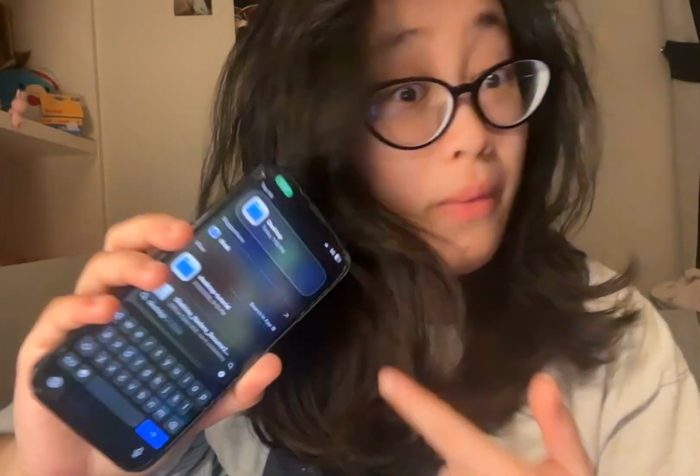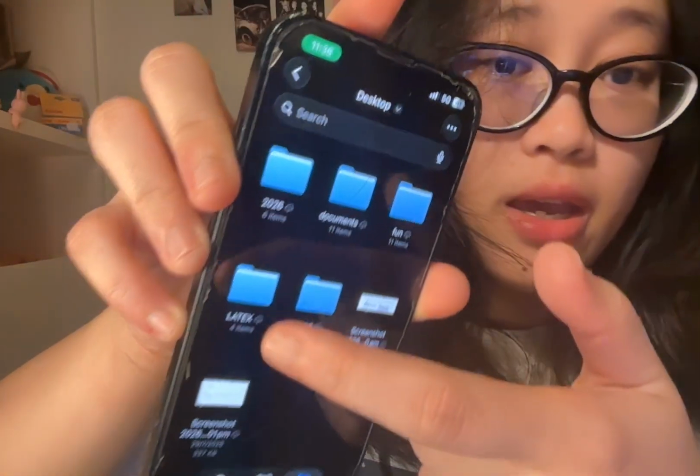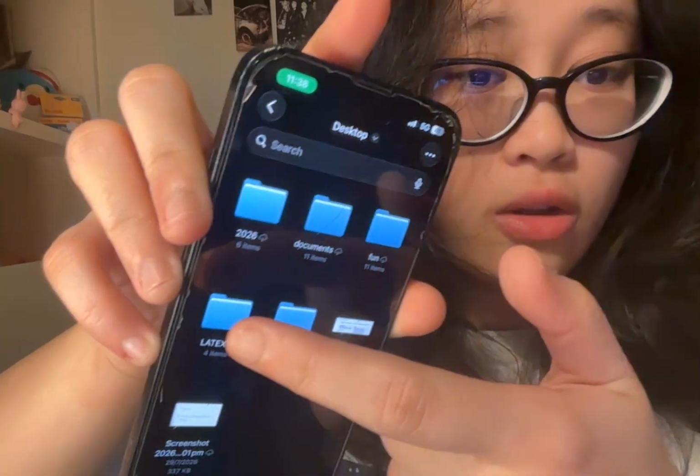Now, I could show you my desktop on my phone. Because on my MacBook, I put everything on my desktop. I have it automatically uploaded to the cloud. So as you can see, I have my LaTeX files, I have my 2026 documents and all that stuff on my phone, which is really convenient.